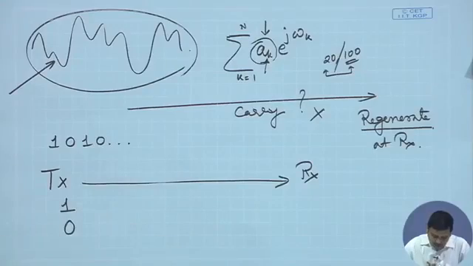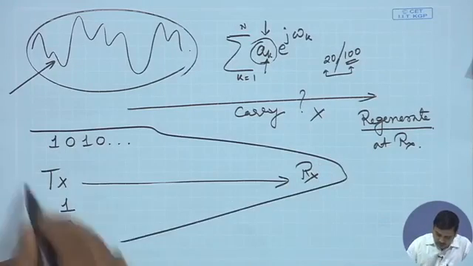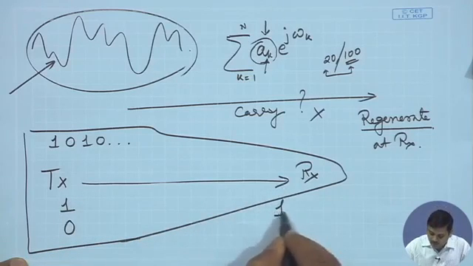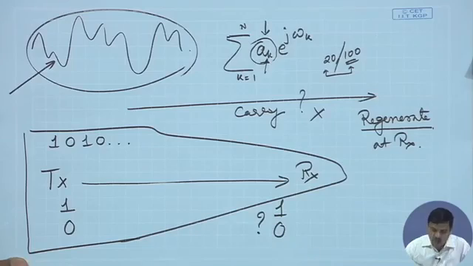If we are talking about transmission of English letters, the transmitter knows that it has to send these letters. The receiver knows that what it's going to receive are only letters of the English alphabet and nothing else. But the receiver doesn't know which particular letter of that alphabet is going to come. In the example we are drawing here, the receiver does not know at this instant of time whether a 1 is going to come or a 0 is going to come. So what we are trying to convey at this point is that what is important is that there is a choice